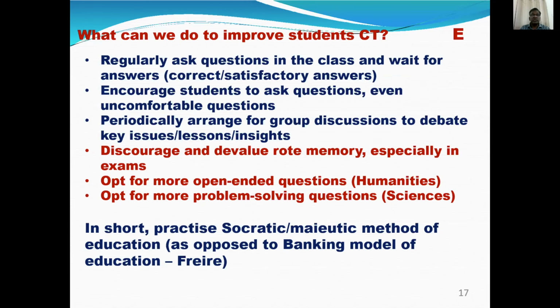So what does a midwife do? She doesn't deliver, she doesn't give birth. Somebody else delivers a baby, but what the midwife does is she assists in the delivery of the baby. So the teacher should assist in the delivery of knowledge. The students know, they have some information, they have some knowledge, maybe peripheral knowledge. Okay, so it is the duty of the teacher to act as midwives and elicit more information from the students by asking questions, by asking right questions.